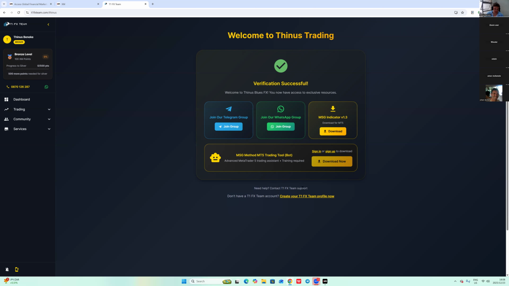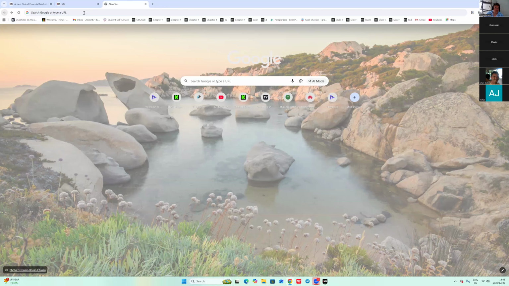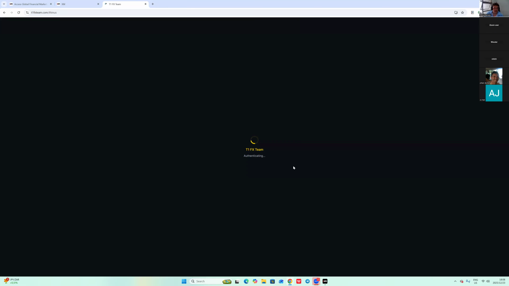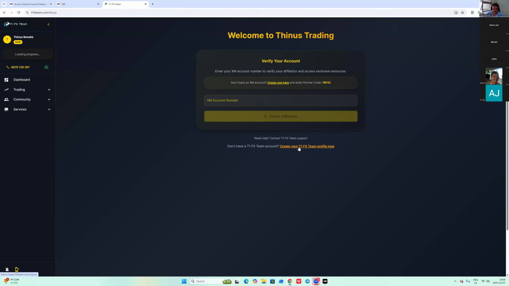So now you have downloaded it. Let's say you want it on your TradingView. Okay? You need an account with T1FX Team. So you go to the same link, t1fxteam.com/Tinus, and here at the bottom, create your T1FX Team profile now.